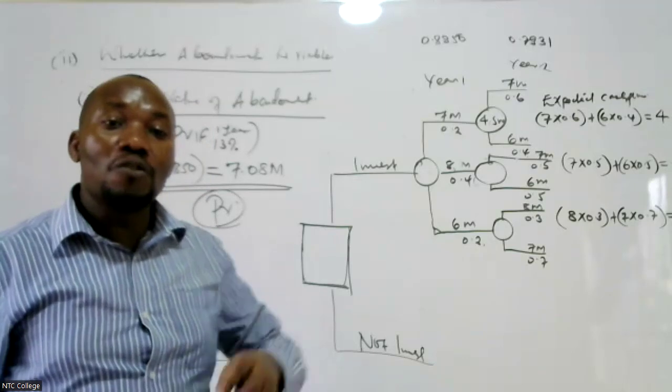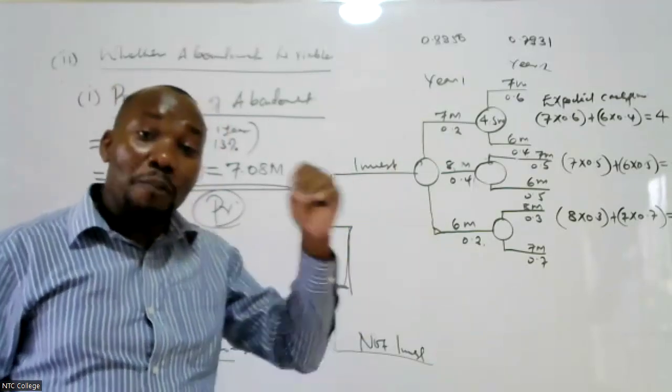If you're going to forego a lot of money, the money you would have gotten would be a lot compared to what you're getting now,